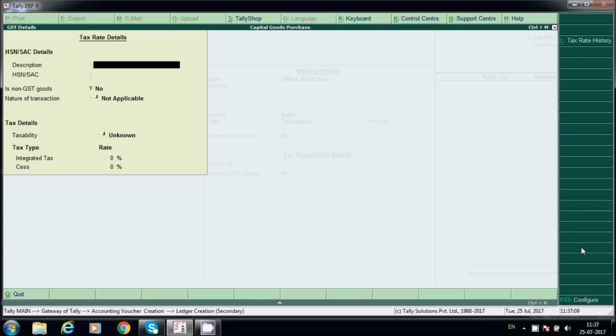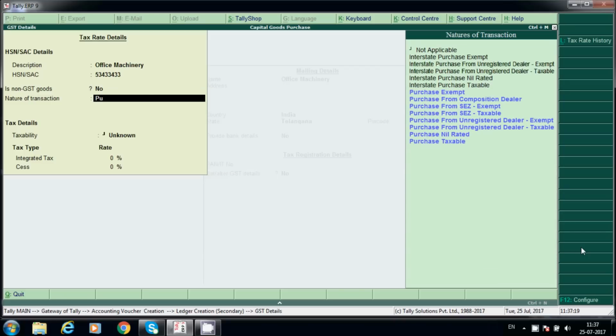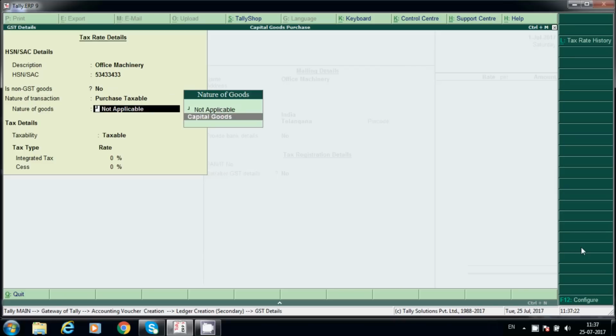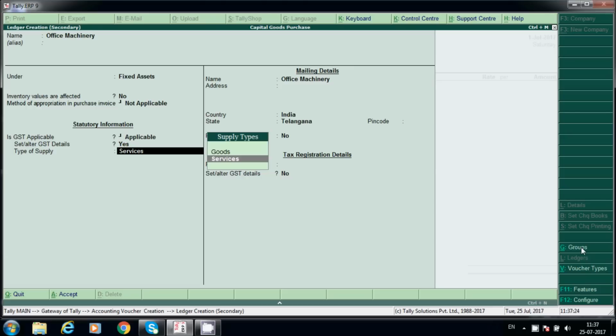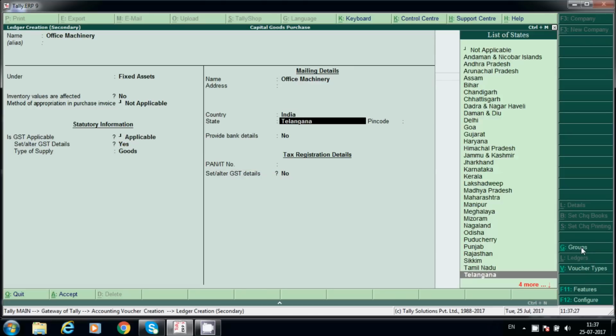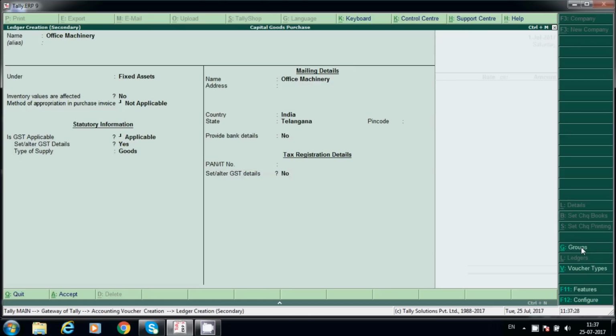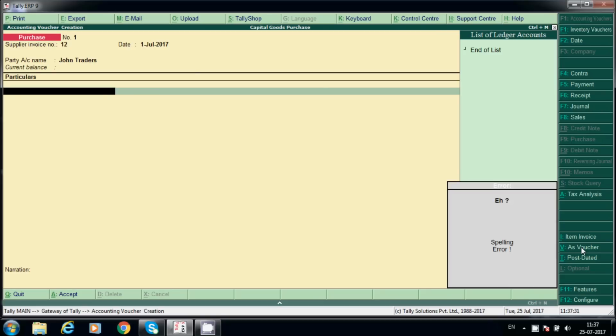Say yes here, office machinery, and here the HSN code. Taxable and capital goods, that is 18%. If you select goods, it will not appear here; only the purchase related list of ledgers appears under the list of ledgers.